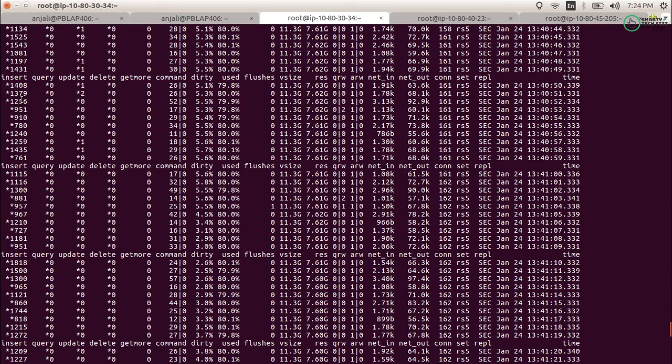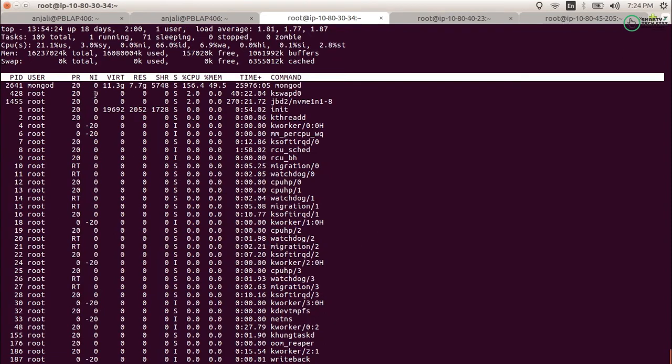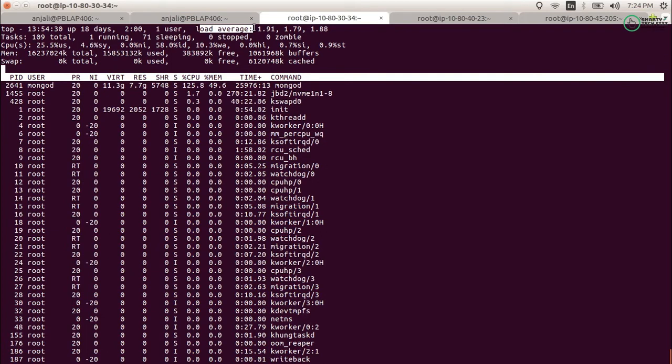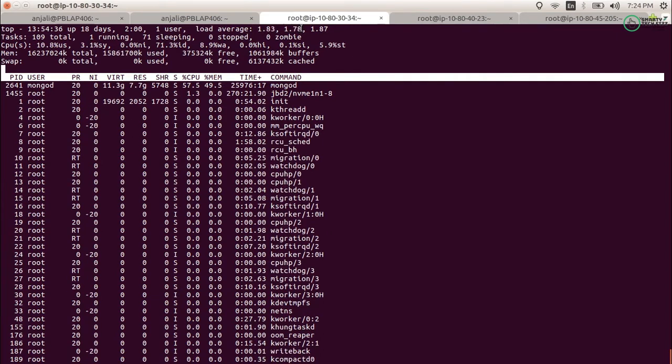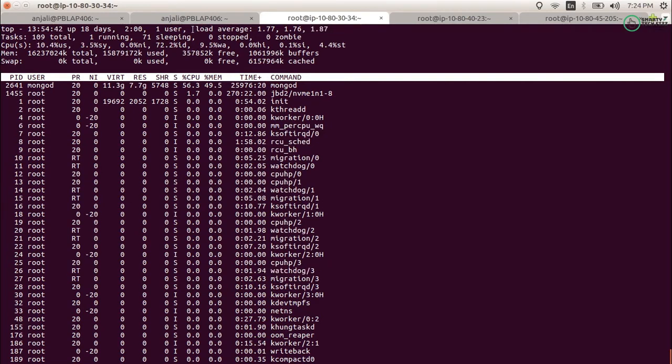So how can you check the performance? You have to check the top, which tells you what the load is at this time on the server. This is the current load. This will be the load 5 minutes before the current time, and this will be the load 15 minutes before the current time. So this will tell you about the load during this time.